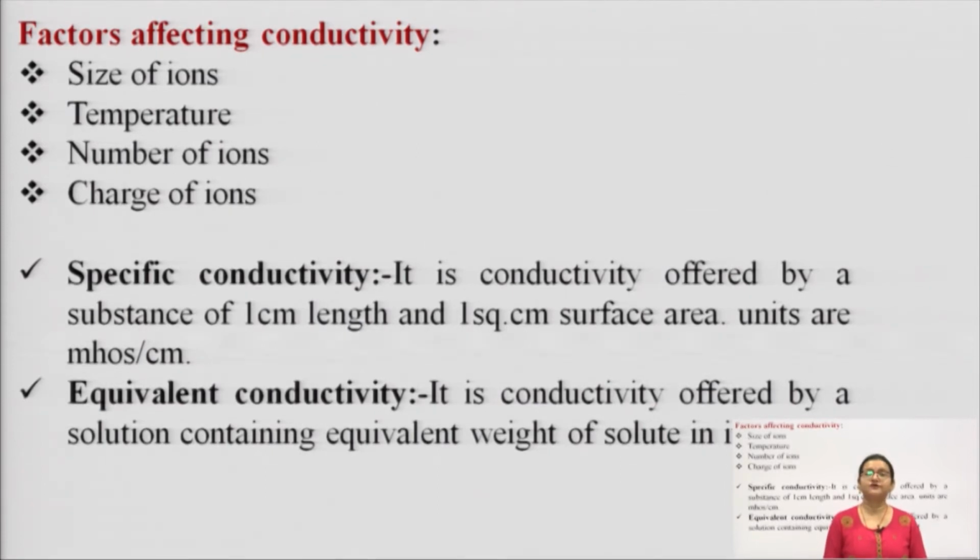Then first of all, the factor which affects is the size of ions. Size of ions will definitely lead to a change in mobility of ions, and a change in charges of ions also. The motion of an ion, a charged particle, overall depends upon the size of the ion also. So, size of ion is an important factor which would definitely change the mobility or conductance of the ion, and the conductance of the ion will in turn change the current generated.